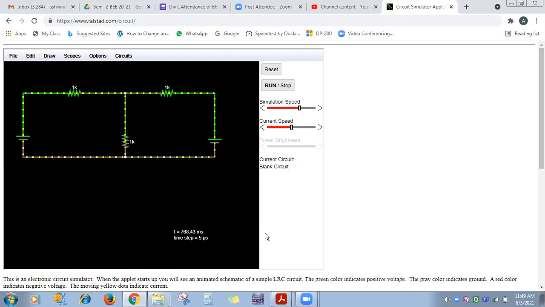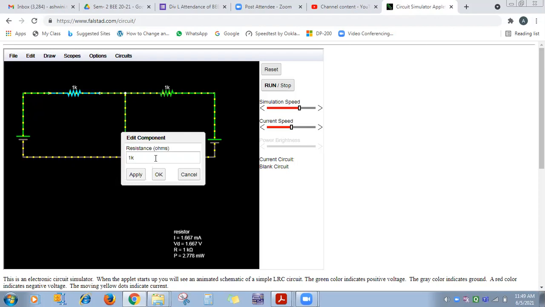Okay, so the connections are done. Now we want to change the values. I put the cursor on R1 and double click it. Once you double click, you can see by default it's 1 kilo ohm. So enter 50 here; ohm is already written. Can everyone see the 50 value I have typed in the edit component window? Yes, ma'am. Okay, click on OK.